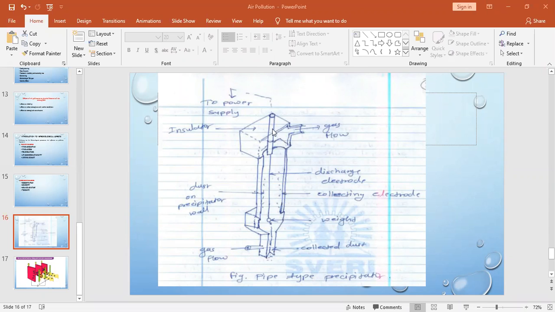Single stage in the sense, there will be only one electrostatic precipitator and you are using it for the removal of particulate matter from the gas. And if you are using it two times, meaning the outlet of this gas you are sending to the second electrode, then you can